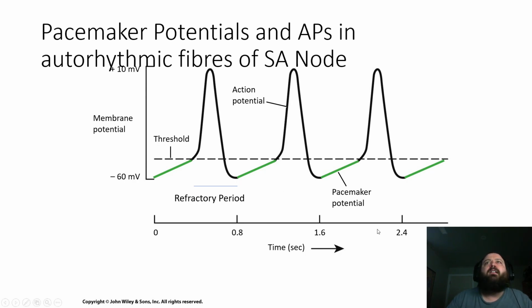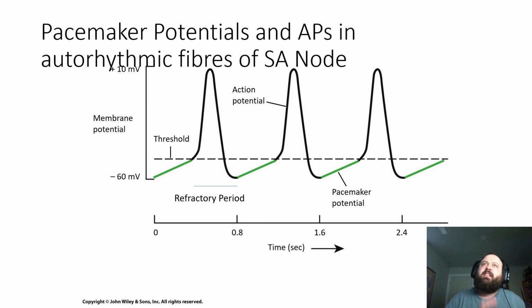Now, I should mention here, because later on in this series of lectures we're going to show you how the SA node can beat faster as a result of sympathetic nervous activity, or slower, I guess. But you can imagine situations like, again, we talk about the axe-wielding maniac kicking down the door, and what's that going to do to your heart rate? Of course, it's going to increase your heart rate. So there is absolutely a way that your nervous system can exert control over this, but it's not by causing action potentials in it. It's through some sort of control of